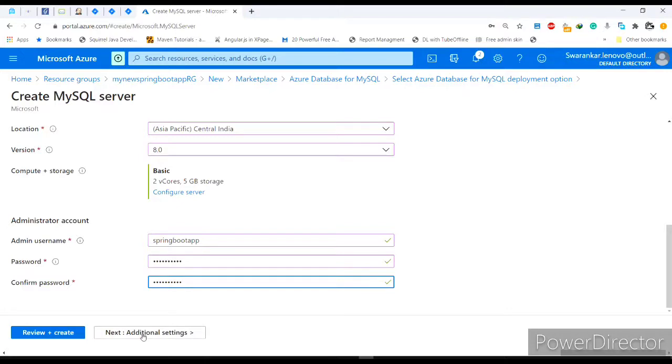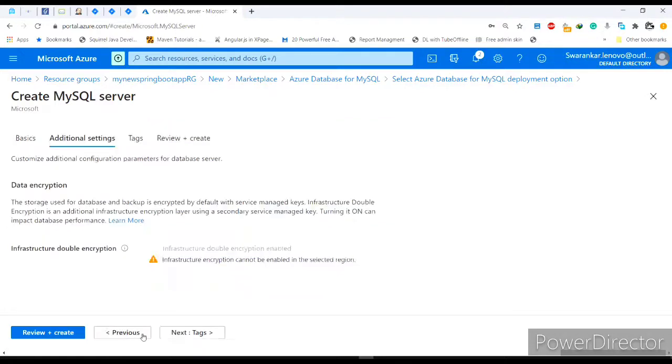Now we will click on the next button, click on next.